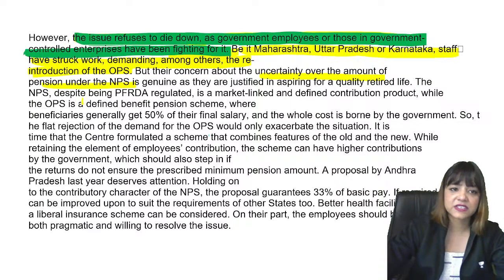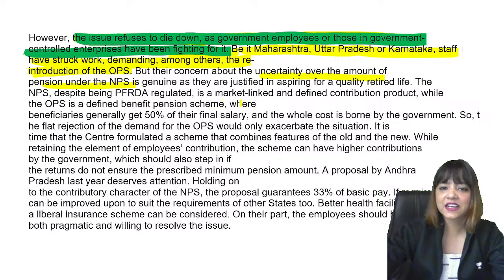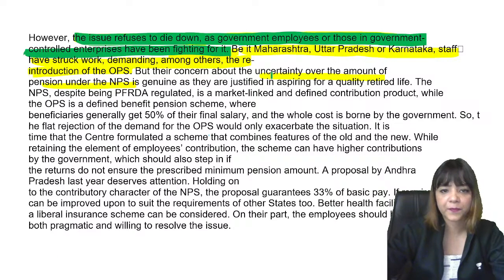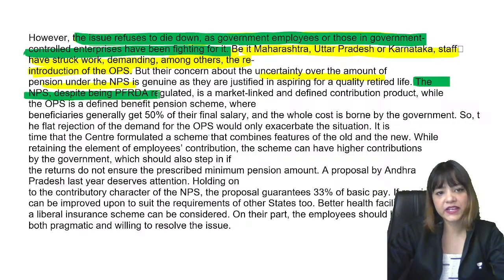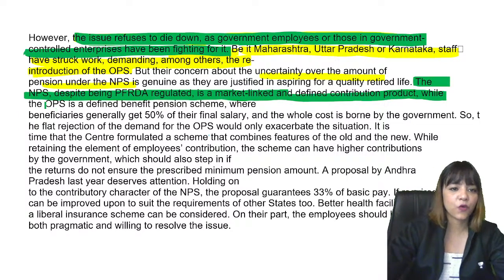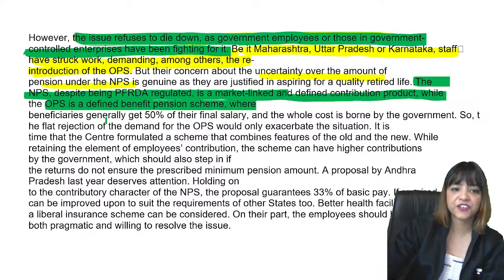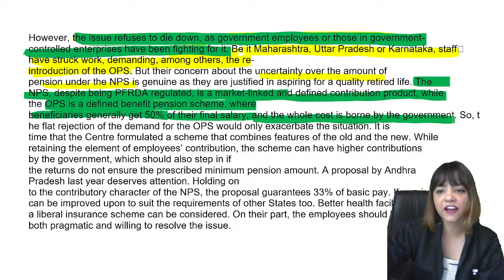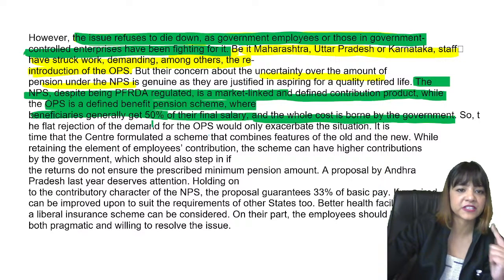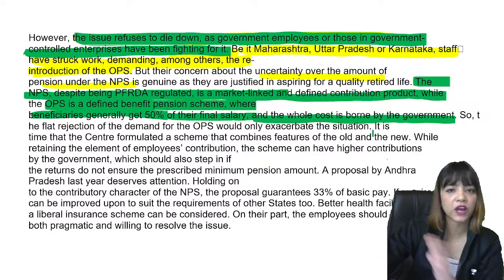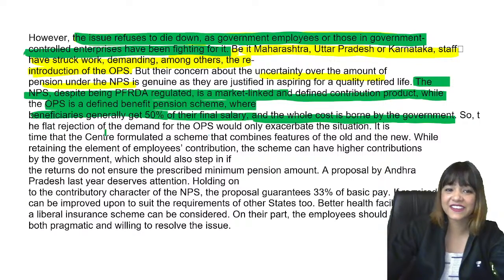द एनपीएस डिस्पाइट बीइंग पीएफआरडीए regulated is a market linked and defined contribution product, while the OPS is a defined benefit pension scheme। तो ये दोनों के बीच में डिफरेंस बता रहा है यहाँ पर। The author is stating the difference between the two, है ना, कि अब दोनों का प्रो कॉन कर रहा है कि एनपीएस डिस्पाइट बीइंग पीएफआरडीए रेगुलेटेड इज अ मार्केट लिंक्ड एंड डिफाइंड कंट्रीब्यूशन प्रोडक्ट। लेकिन ओपीएस क्या है, इज डिफाइंड बेनिफिट पेंशन स्कीम, ठीक है। where beneficiaries generally get 50% of their final salary and the whole cost is borne by the government। तो ये दूसरे वाले के बारे में बात कर रहा है, ओपीएस के बारे में बात कर रहा है कि 50% सैलरी मिलता है उनको, रिटायरमेंट के बाद, एंड द होल कॉस्ट इज बोर्न, और पूरा का पूरा खर्चा कौन उठाता है, गवर्नमेंट उठाता है, राइट।